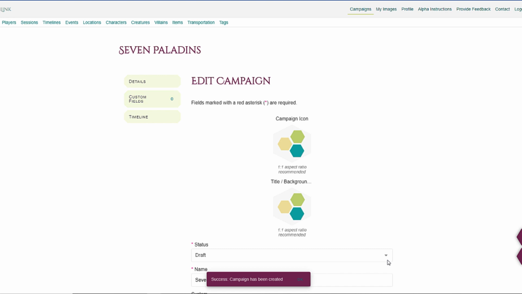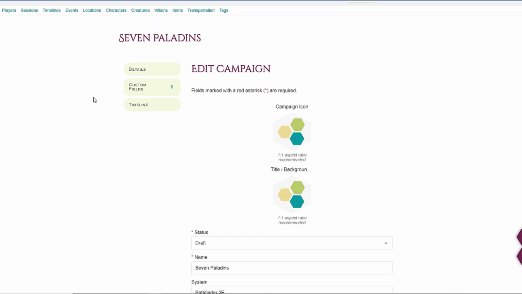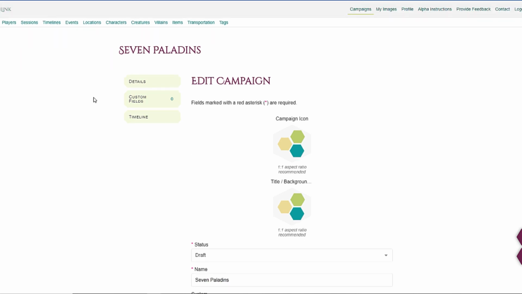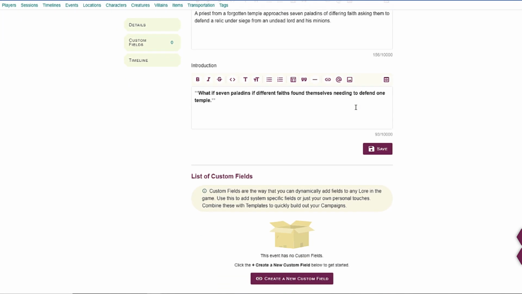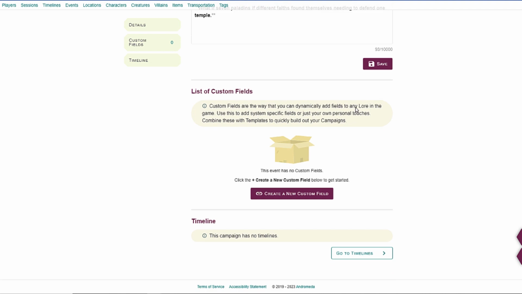So when I save it, I get brought into here. Now you can see we're on the actual campaign screen itself. We have various different types of objects and items that we can create here. We have more information about the campaign that we can fill in. One of the things about LoreLink is that we know we have not covered every detail.